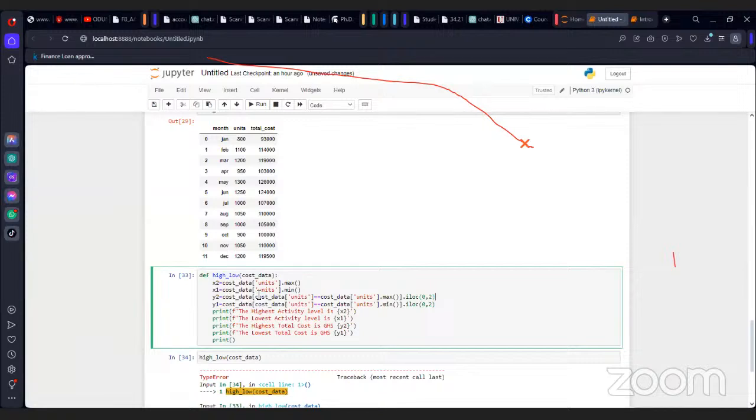And from the data frame, we are using this column called units. So we are using units, and this unit should be equal to the cost data column, another one, unit. But here we are calling for the maximum. Yeah, and I think it is right, but